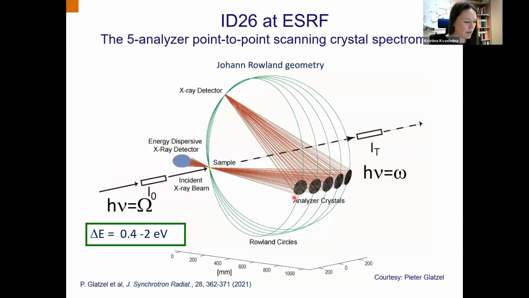And I want to talk maybe a little bit about the spectrometers and some instrumental points and resolutions. So almost everything I showed today was measured at the ID26 beamline at ESRF. It's my former beamline, which has a Johann type spectrometer, a 5 crystal analyzer spectrometer. And Peter recently published a paper, also a nice review, in fact, about the capability and capacity of the instrument,